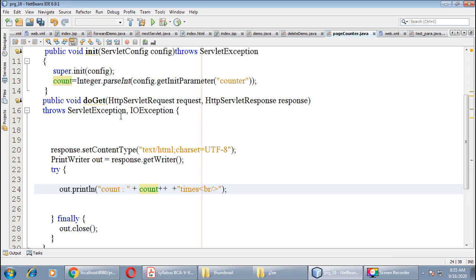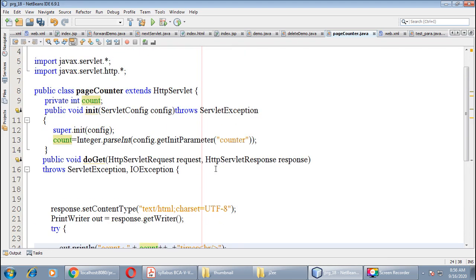Now as I explained to you, whenever you execute your servlet through a single browser by a single user, the init method executes only one time throughout the whole cycle of the servlet, but the doGet method executes as many times as we send a request for the same page.